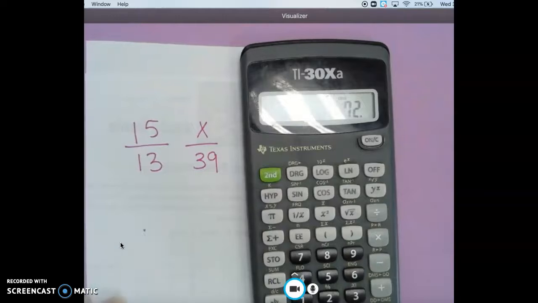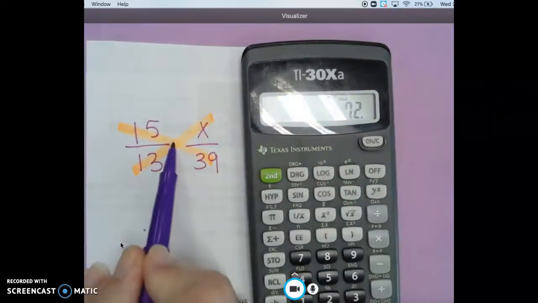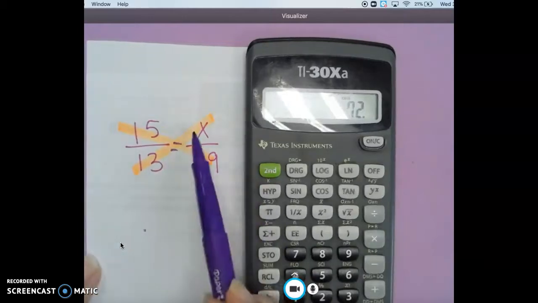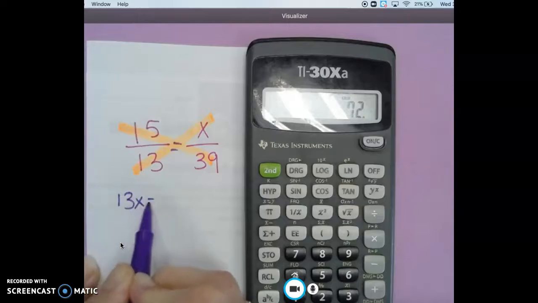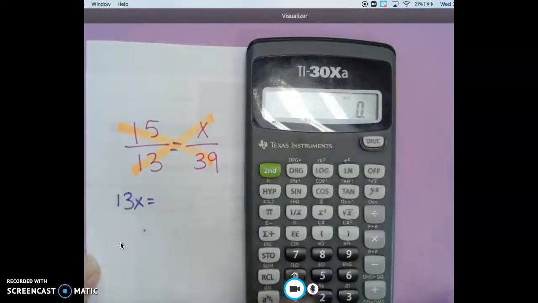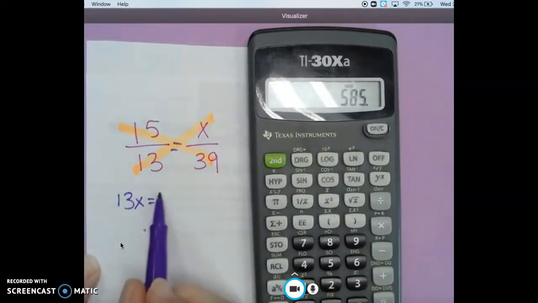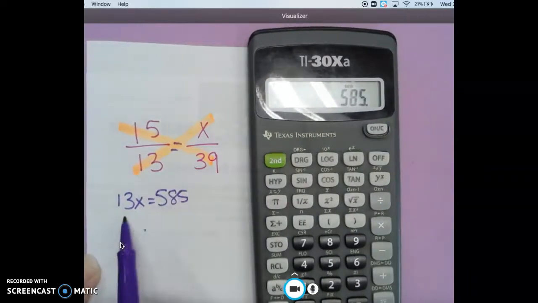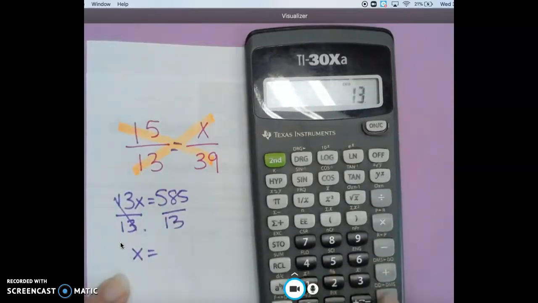Just a couple more, same concept. Look at those diagonals. I should put an equal sign right there. So I'm going to start with my 13x. So 13 times x equals 15 times 39, which is 585. So 13 times x, opposite of multiplying, I'm going to divide both sides by 13. That cancels out, and x equals 585 divided by 13, and that gives me